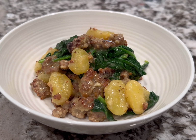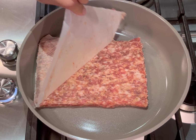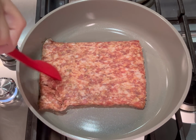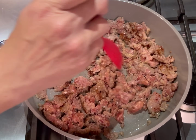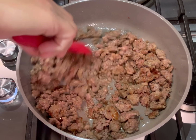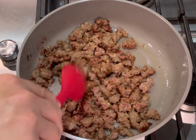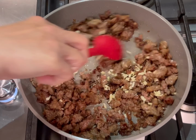This last dinner idea is an inspiration I got from another recipe I found online. It's a sausage gnocchi, and it comes together really quickly. So in a large pan, I'm going to brown my Italian sausage. This is the sausage that I found. If you find the links, just take the casings off first and then break it all apart and brown it. And as it browns, then you're going to strain off the fat as well. I just use a paper towel to usually get a little bit of that fat off,